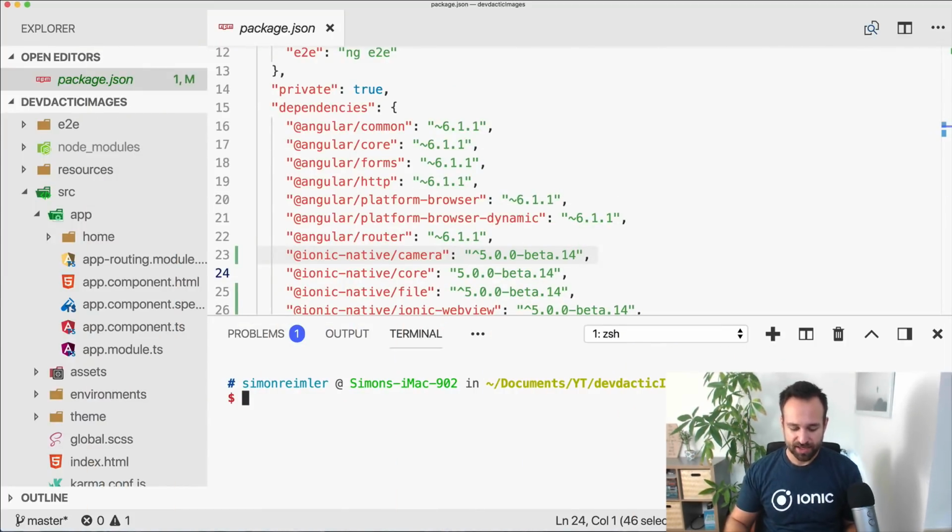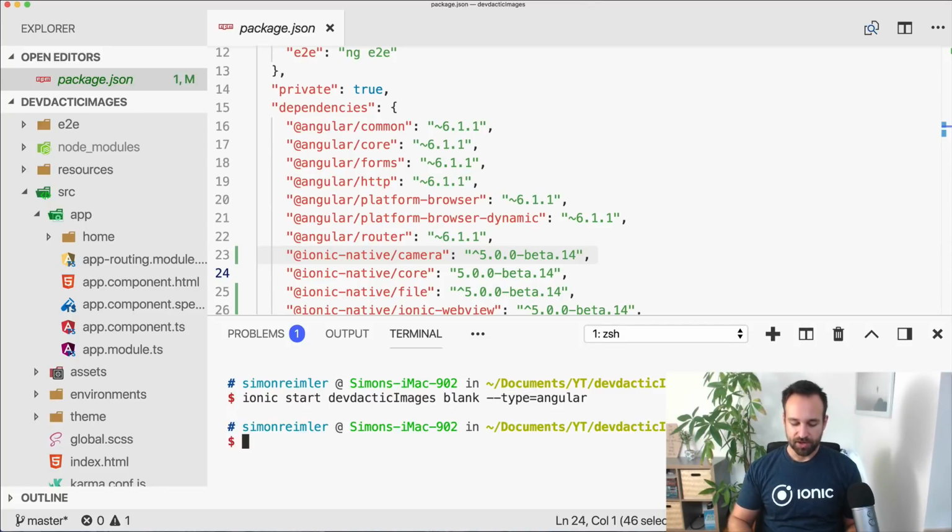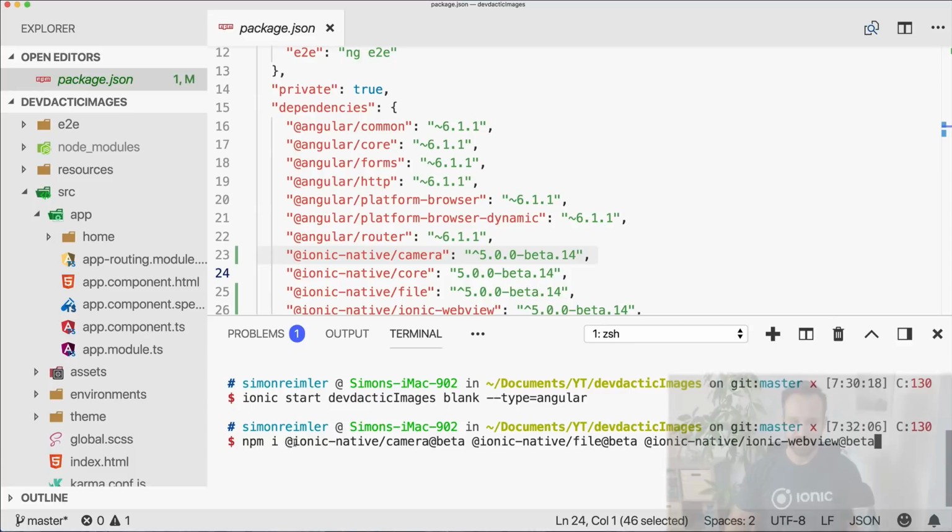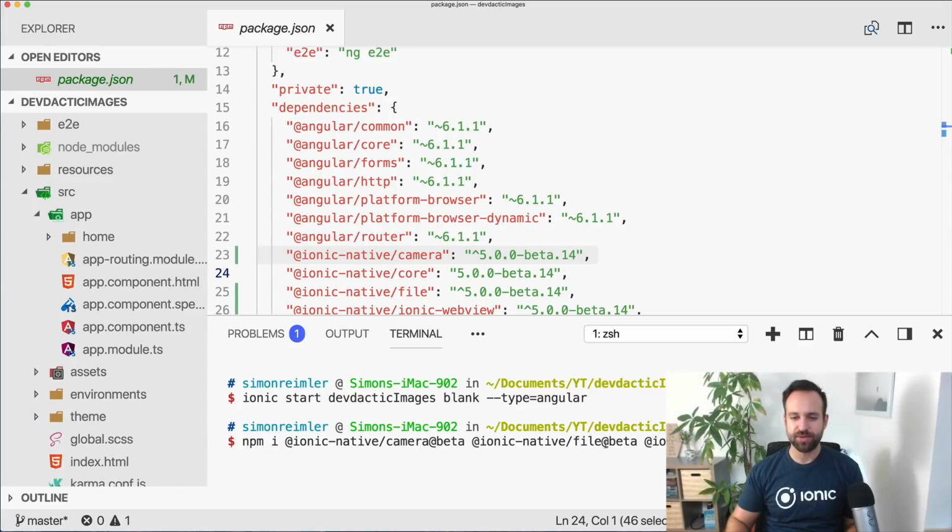I started a blank new Ionic app, and because I'm currently using the beta version, I have to specify type Angular in the end. Also, I already installed a few plugins, so let me bring this in. Okay, so the Ionic native camera, Ionic native file, and the Ionic web view. Very interesting package. And I used all the beta versions to get the version 5, which works the best currently